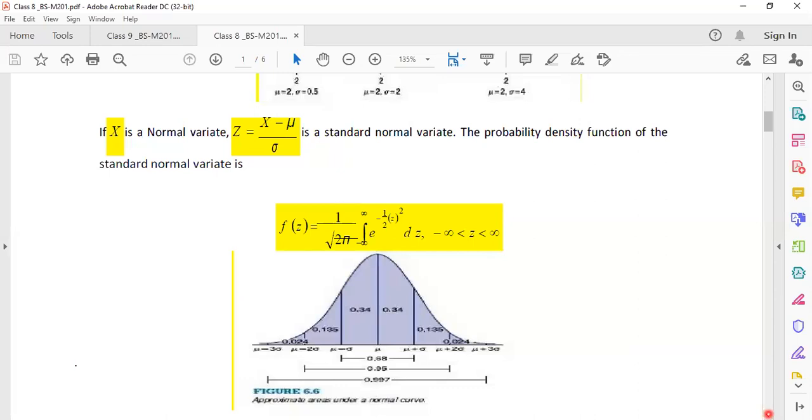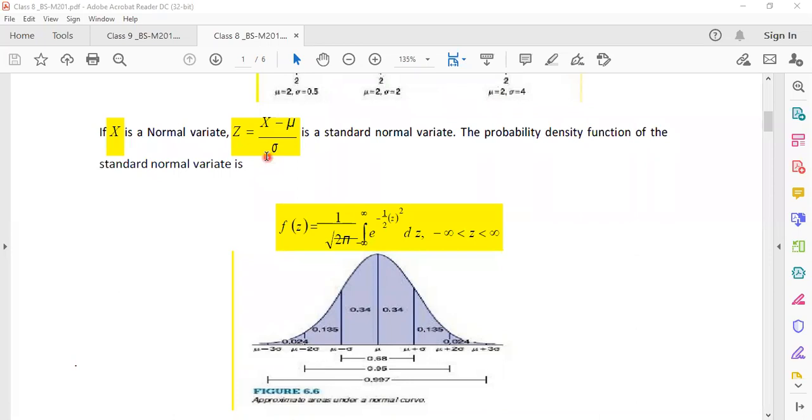Remember that in normal distribution problems, we do not often work with the normal random variable capital X. Rather than that, we work with the standard normal variable. Standard normal variables are denoted by capital Z, and defined from the normal random variable as highlighted over here: Z equals capital X minus mu by sigma. What does that mean? Nothing.